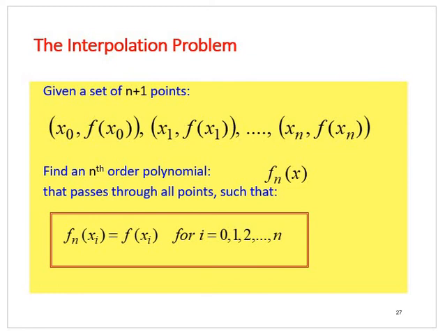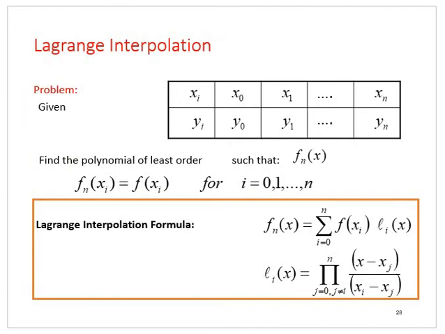Right, so for Lagrange interpolation, you know that you are given n plus 1 points. So you can come up with an nth order polynomial, and this nth order polynomial is equal to the function f of xi. With the Lagrange problem, you are given the x values and the corresponding y values f of x, and the nth order polynomial is equal to f of xi for i equals 0 up to n. And the Lagrange interpolation formula is given by the summation of